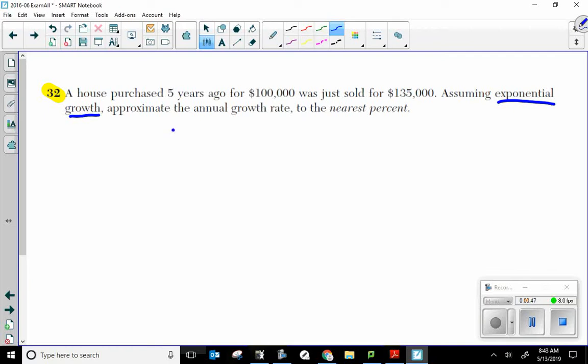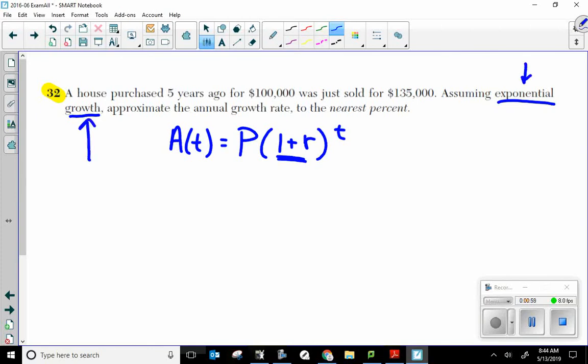So we can say our final amount, A of t, equals principal times 1 plus r raised to the t. This represents that exponential growth they're speaking of. I'm going to have to plug in some numbers, but more importantly, they're asking me to approximate the annual growth rate. That's my r right here. I should have values that go in every other variable except the r, meaning,